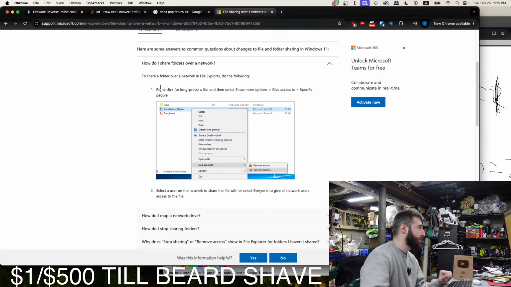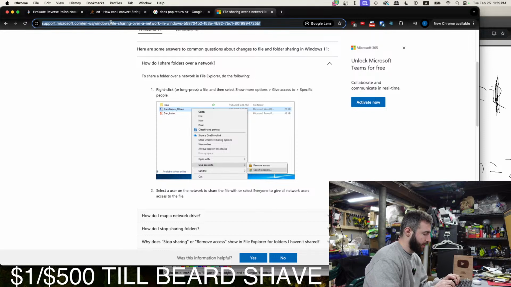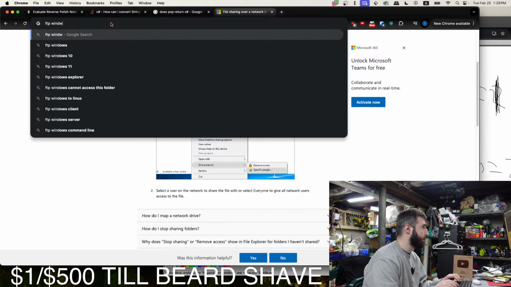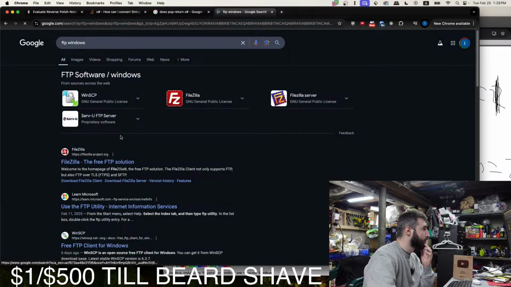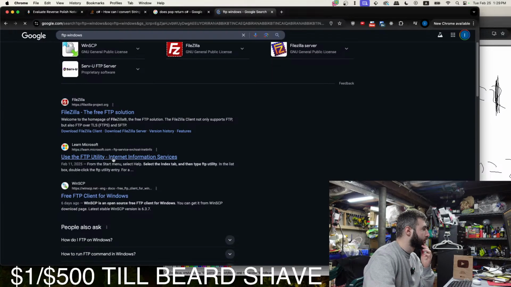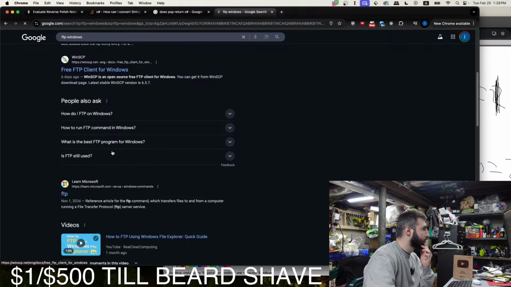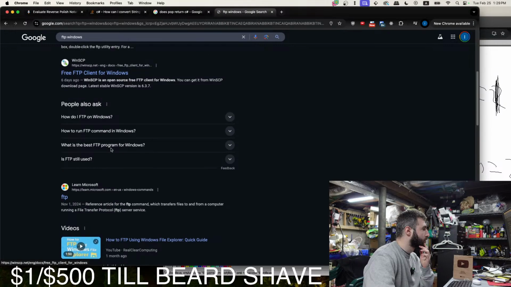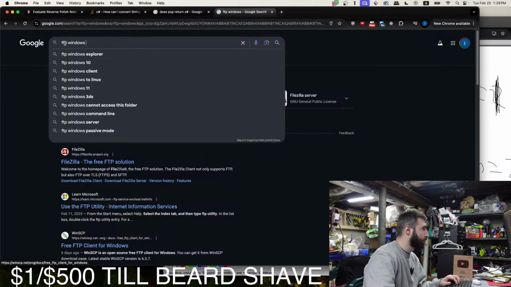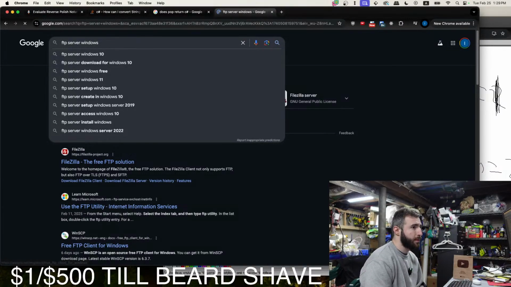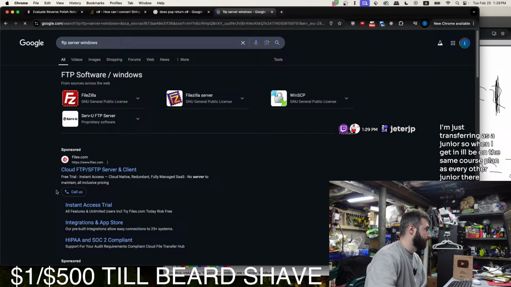So you might want to set up an FTP service on the computer that you want to get the files from. So let's see, FTP Windows, FTP server. You want a server, because if you just have an FTP client, that's not going to really help you.